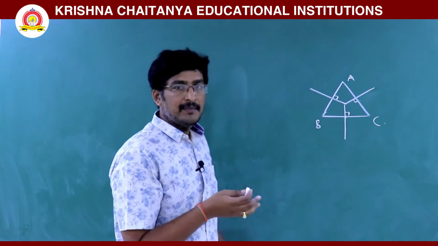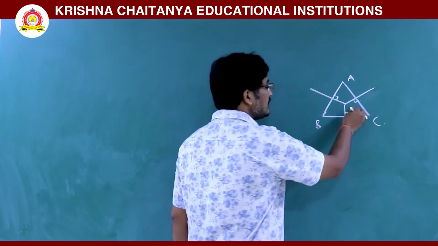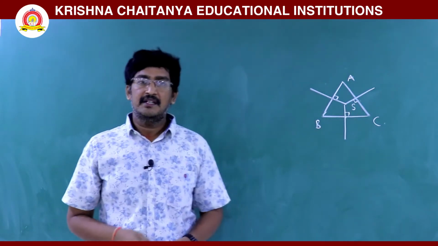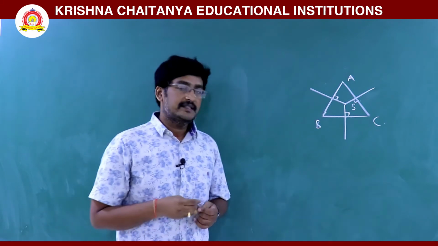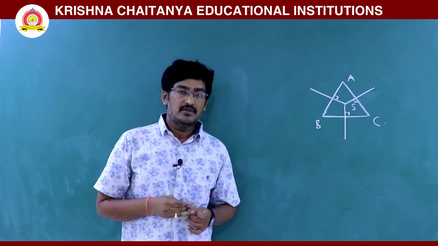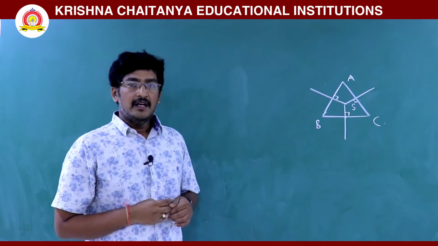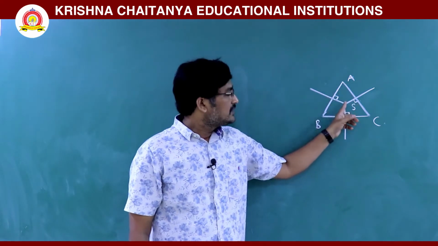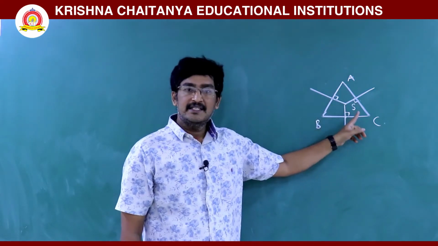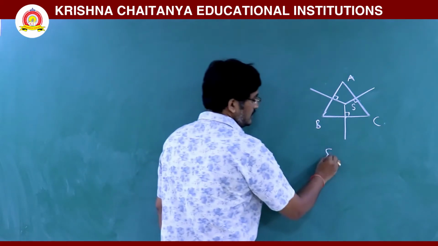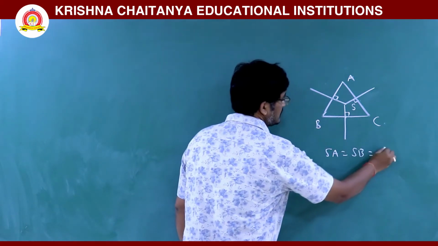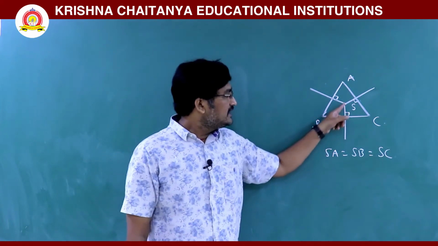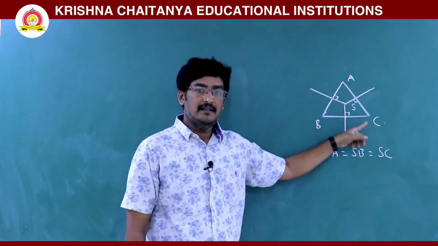Those three perpendicular bisectors are concurrent at some point in the triangle. That point of concurrency is called the circumcenter of the triangle. In general, the circumcenter of the triangle ABC is denoted with S. Also, I explained that the distance between S and A is equal to the distance between S and B, which is equal to the distance between S and C. Okay? SA equals SB equals SC. That means the circumcenter maintains equidistance from the vertices of a triangle.